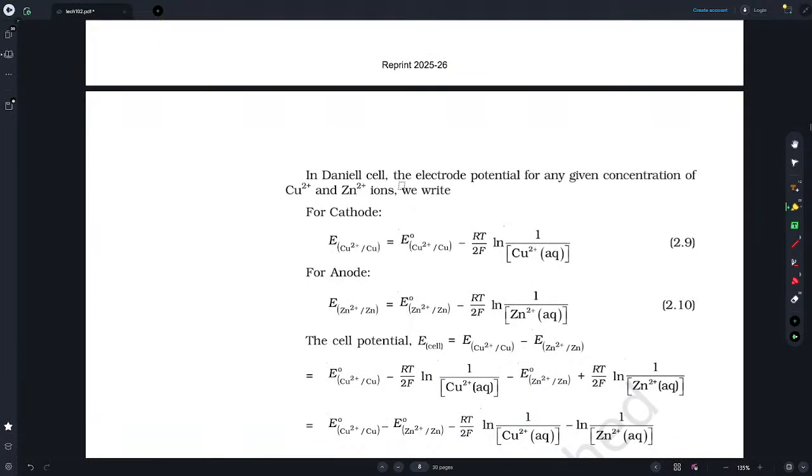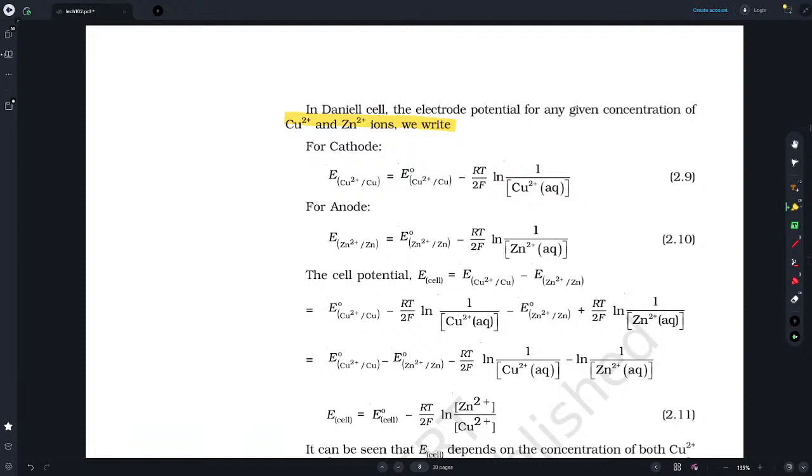In the Daniell cell, the electrode potential of any given concentration of Cu2+ we write for the cathode. This is the first half cell reaction. We are taking the cathode, or E right, reduction, based on standard convention. This is the E half cell where we take Cu2+ to Cu when the concentration is not unity, and this is standard when the concentrations are in unity, minus this value, which should be, as we know, 0.34, minus RT by, as we see that copper 2+ is getting reduced to copper, the transfer is of 2 electrons. So we took 2 here,